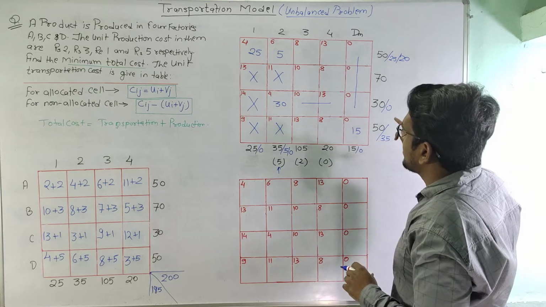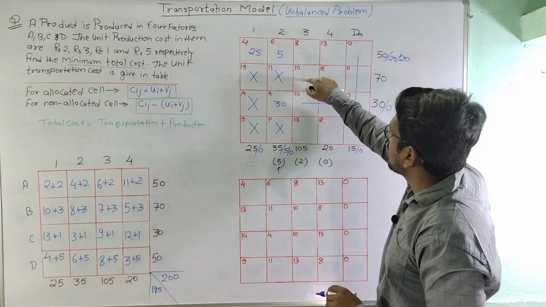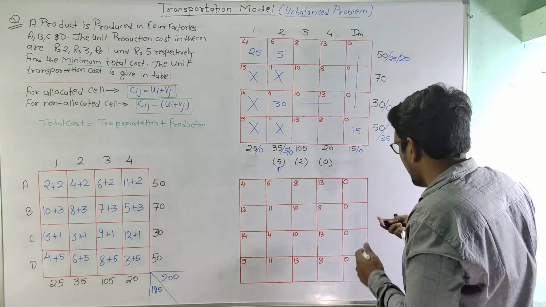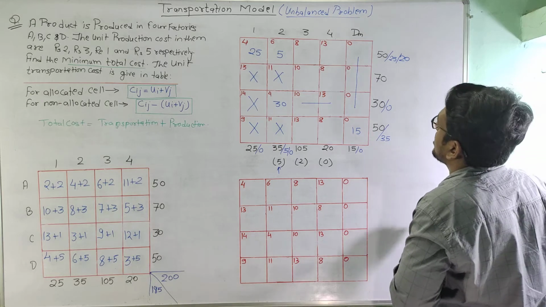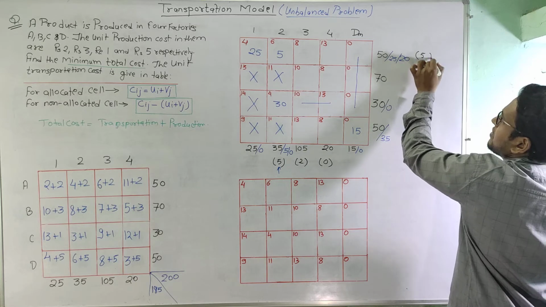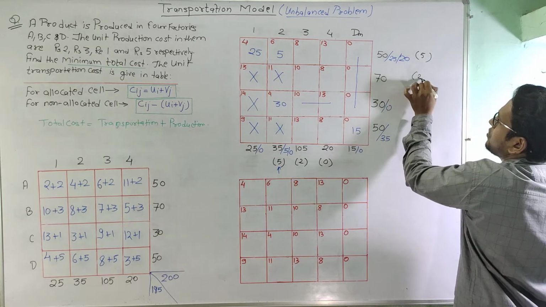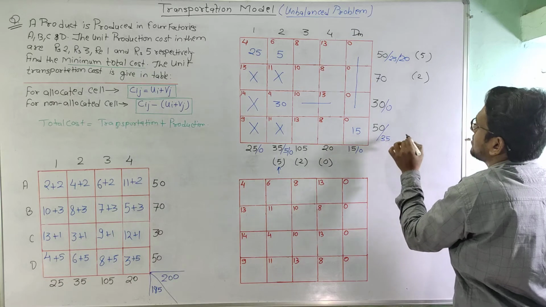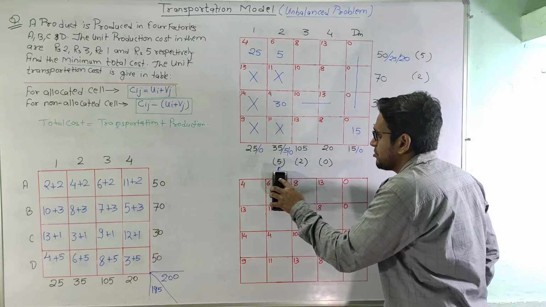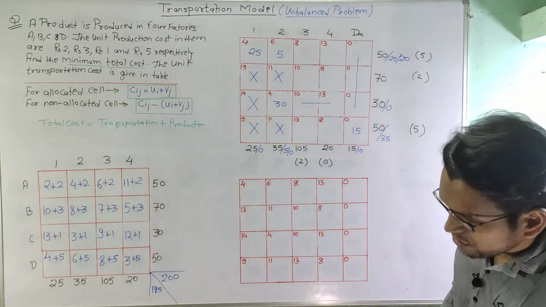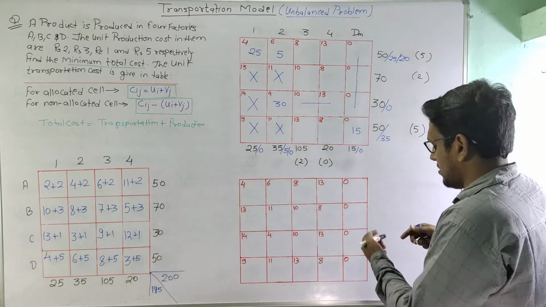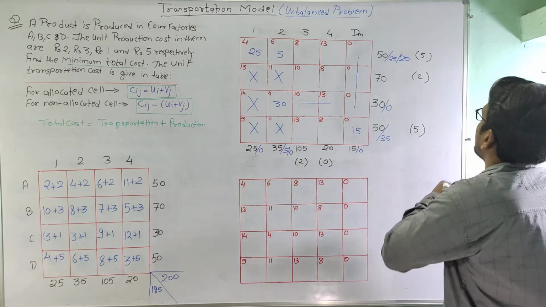Again we will calculate the penalties. So we can see that this time also column does not change, so the penalties will remain same, and we will be calculating the penalties for row. So 8 minus 13 is 5, 8 minus 2 is 2, and 8 minus 13 is 5. So here we can see that this has been eliminated because this has come to 0. Two values as 5, so we can select any one of this. So I am selecting this value as 5,